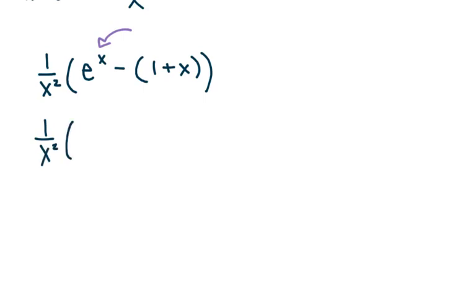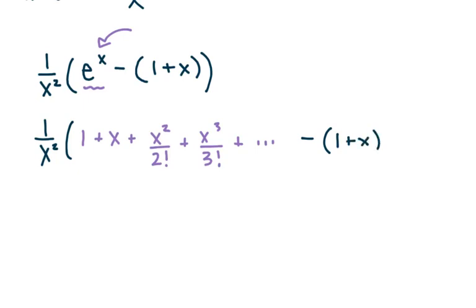The expansion of just e to the x is 1 plus x plus x squared over 2 factorial plus x cubed over 3 factorial, and that would continue going. But we still are eventually going to have that minus 1 plus x. So if we look at what we have here, we can simplify: 1 take away 1 and x take away x. I'm going to be left with 1 over x squared